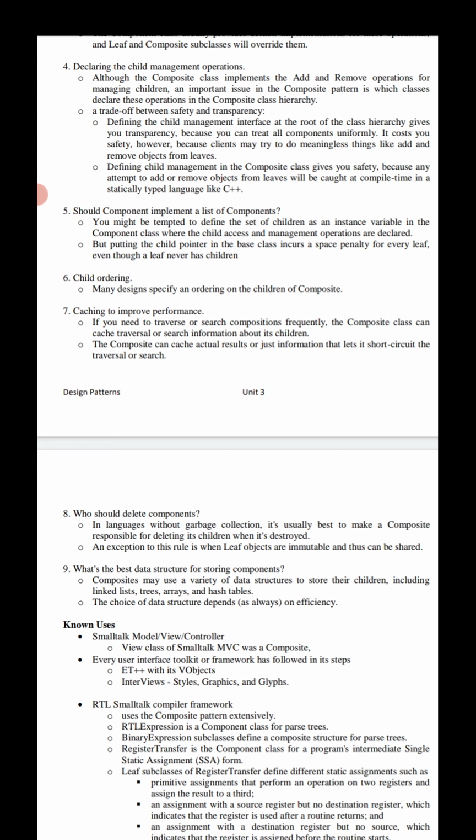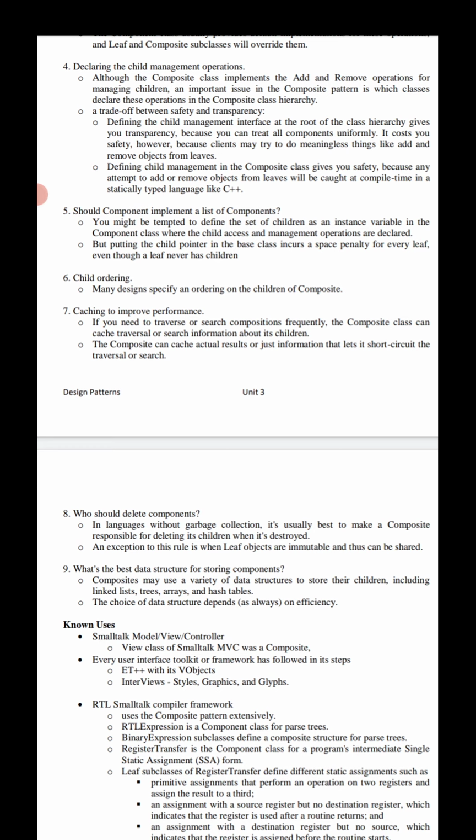But you lose transparency, because leaves and composites have different interfaces, so we have to emphasize transparency over safety in this particular pattern.